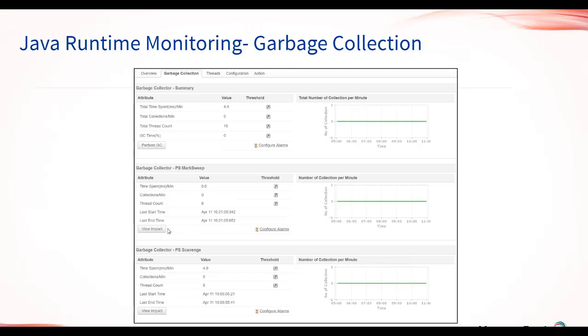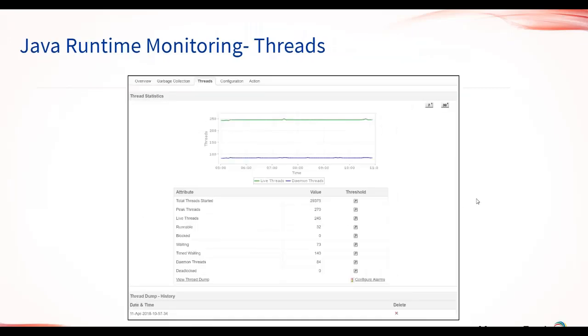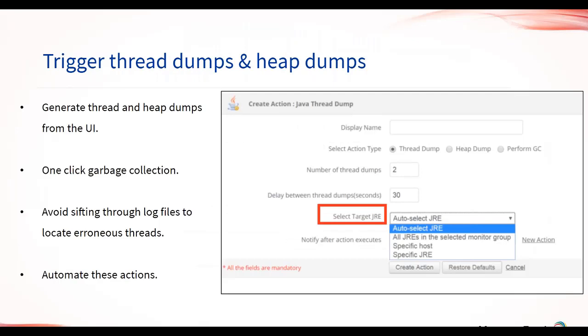It allows you to see the impact of these garbage collection activities on your mark sweep and your scavenge. And similarly, it also allows us to instantly trigger thread dump generation from a click of a button from the UI, because quite often you will have to analyze your log files, and then from the multitude of log entries you will have to understand which threads have contributed to an irregular app performance. But instead of having to analyze your log files, a simple one-click thread dump generation and heap dump generation reduces the time spent on these resolution